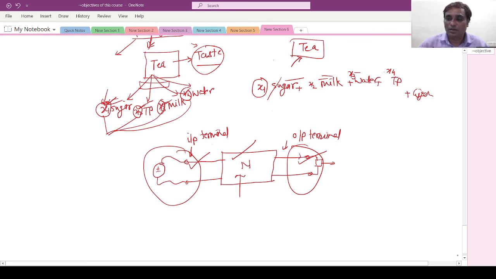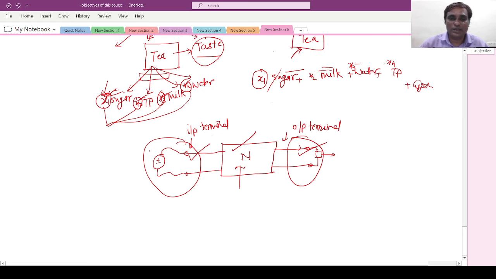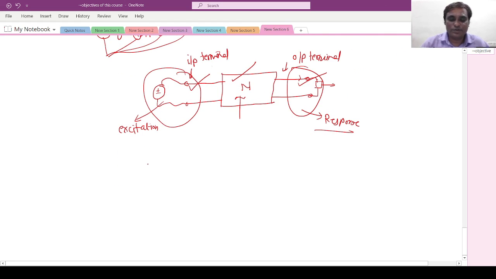This is the way. The problem of analysis is that if the excitation and network are given, we have to find out the response. And the problem of synthesis is that the excitation and response are given. The input acts as the excitation, and the output will be your response. Analysis will always have a unique solution, and the synthesis will not be unique. You can get different solutions from different people, and then you have to find the optimum, or select the best one.